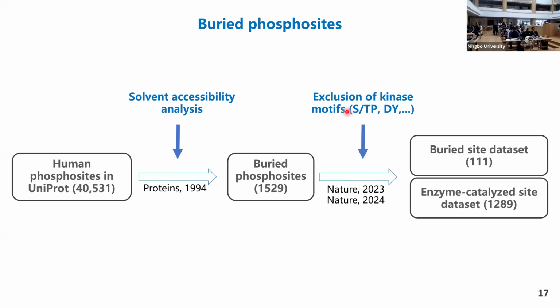And then we used a Nature paper that collected all of the motifs of oxygen phosphorylation, and we excluded these kinase motifs related to phosphosites. Then there are only about 100 phosphosites. For these sites, we call it natural phosphoryl transfer, not by any enzyme. This chemistry must be similar to our nitrogen phosphorylated amino acid model, right? I told you before about the small molecule.